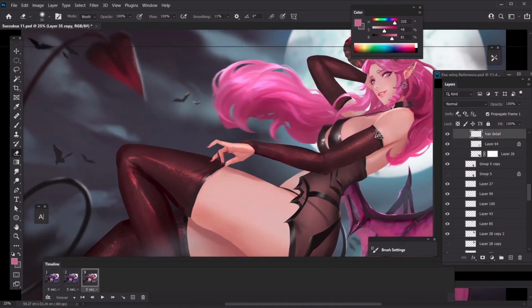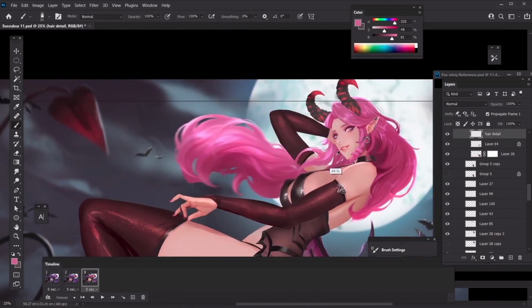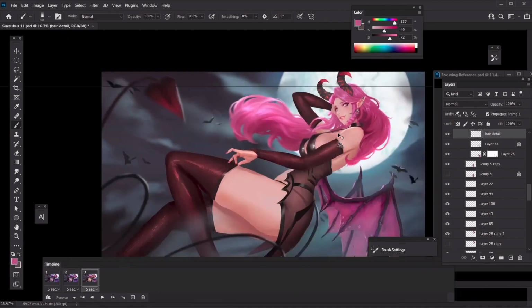This curve is definitely looking more organic than before. And use some dots to work on the